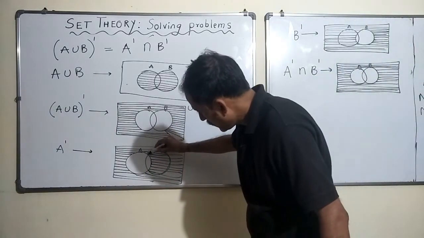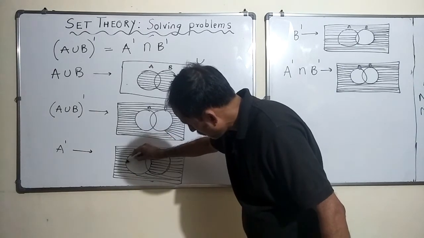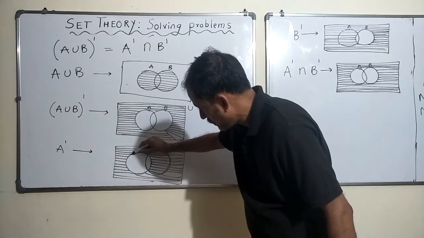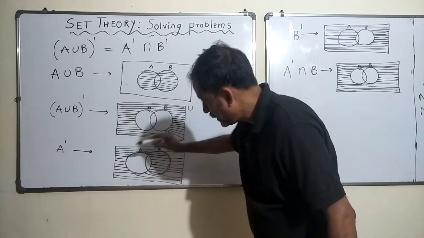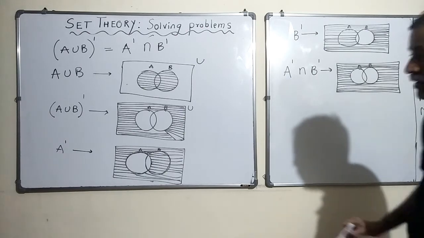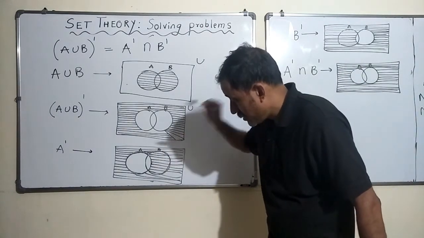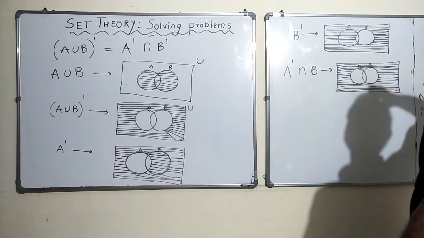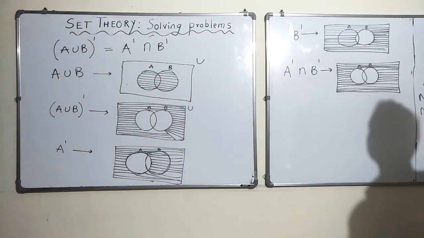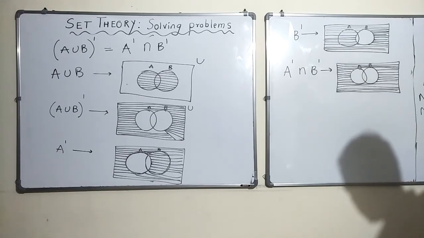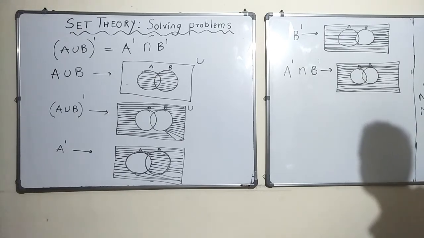Now let's take a look at only this portion. We'll look at the intersection later, this one, right. It is not shaded here, but it is shaded here, so that is again not common to both. Now what about the part common to both A and B? It is not shaded here and it is not shaded here, right? So it was never shaded in both the cases, so we just leave that also, okay.